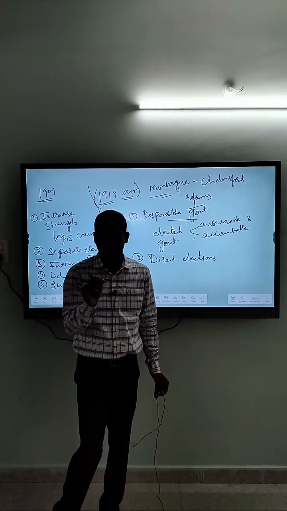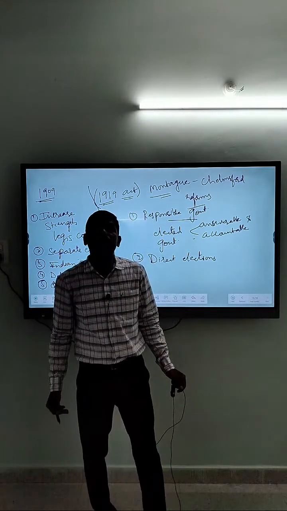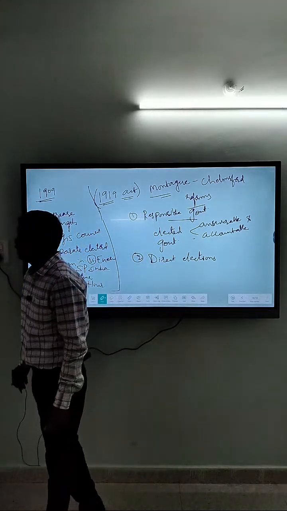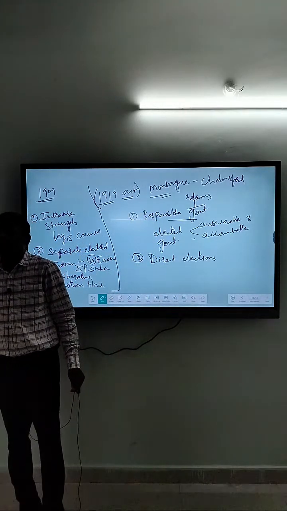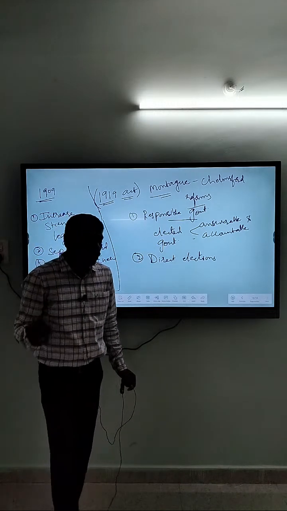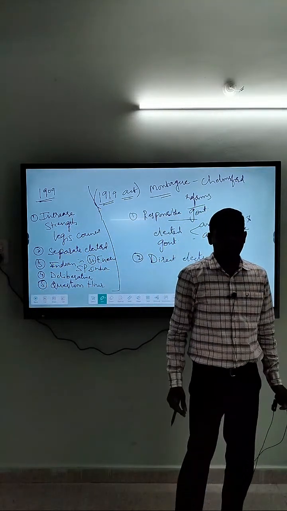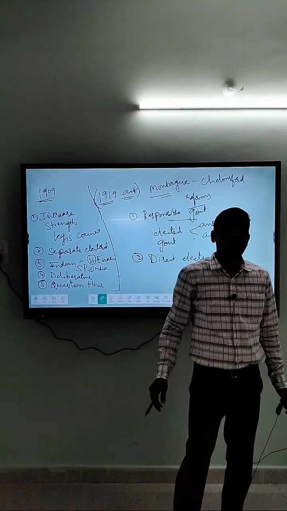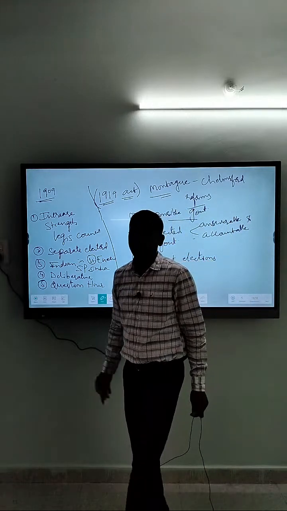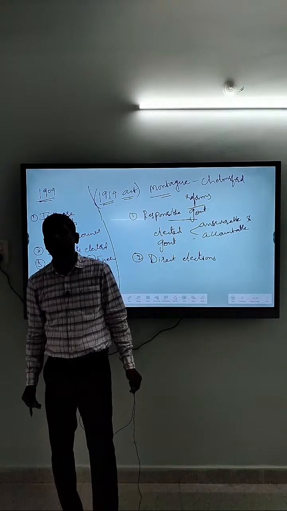But remember, in the present day system, it is the principle of universal adult franchise. Today we are seeing elections in India. All the adults of this nation are given the right to elect their government, the right to vote, irrespective of caste, creed, region, religion, anything. The only criterion is being an adult, that is, one who has crossed 18 years. They are given the voting rights.